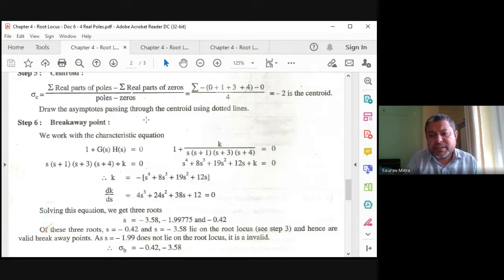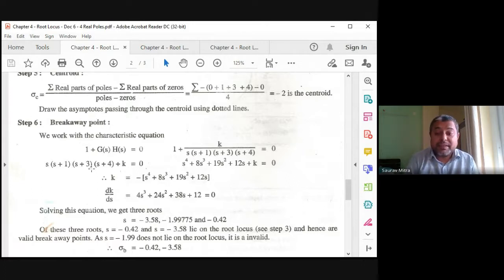So what is that? G(s)H(s) is given as K divided by s into (s plus 1)(s plus 3)(s plus 4). What you do is 1 plus G(s)H(s). So G(s)H(s) is the open loop transfer function, 1 plus G(s)H(s) is the characteristic equation, and you have to take the numerator of that. So if you do 1 plus G(s)H(s), you'll find that the denominator s into (s plus 1)(s plus 3)(s plus 4) will go up and get added with K. Now if you do this multiplication, please students do this multiplication properly, because in exam in a hurry you make a calculation mistake and breakaway point becomes wrong. If breakaway point becomes wrong, everything will become wrong, because breakaway point is the heart of root locus. That is the most important thing in root locus.